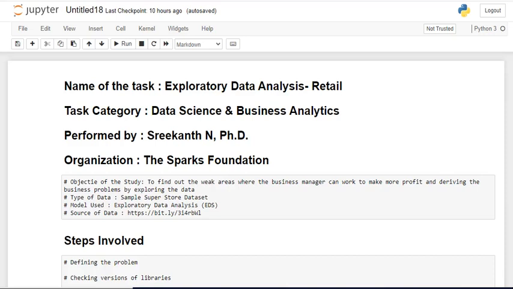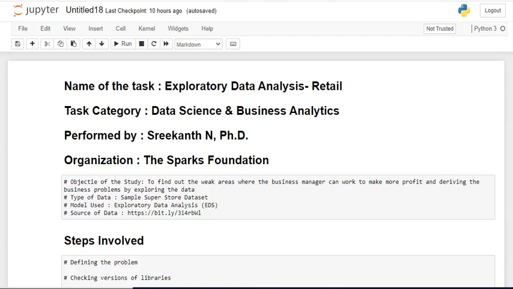This is my third task, which I am going to explain here. The name of the task is Exploratory Data Analysis Retail. I have been provided with the sample superstore data set. By using that data set, we have to perform exploratory data analysis